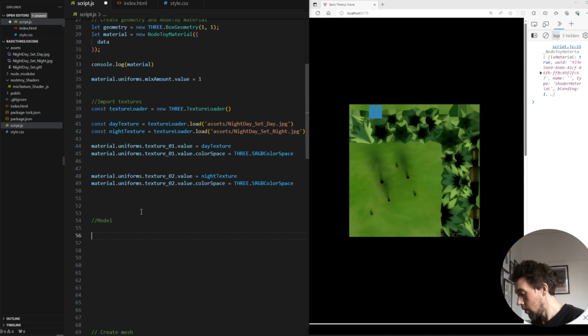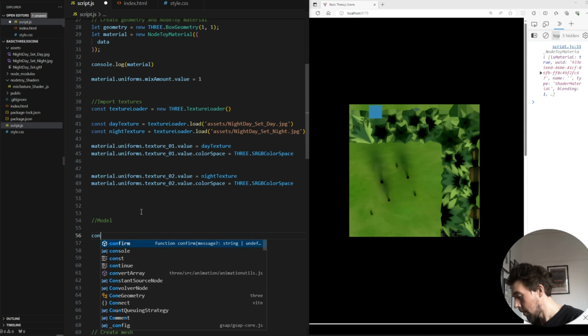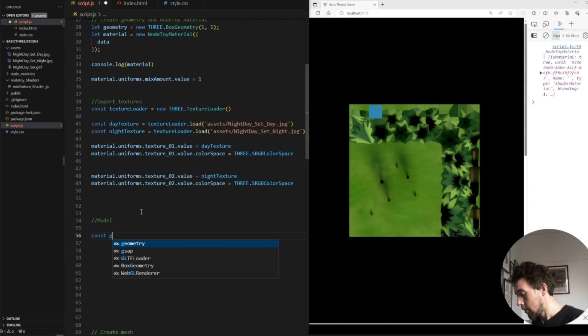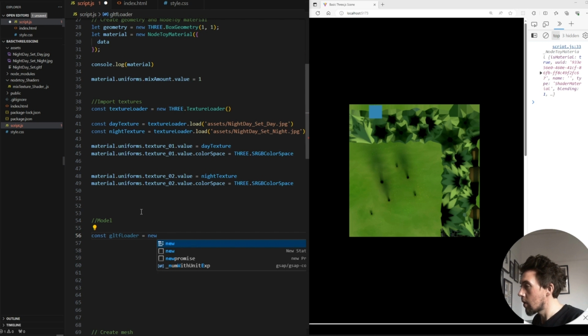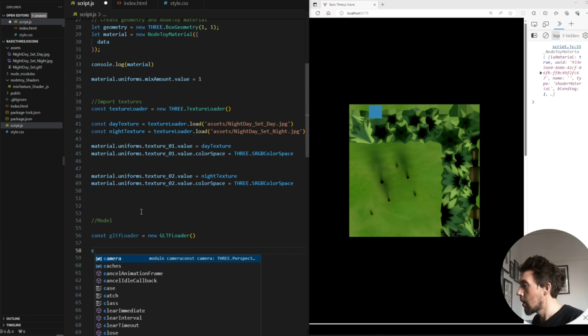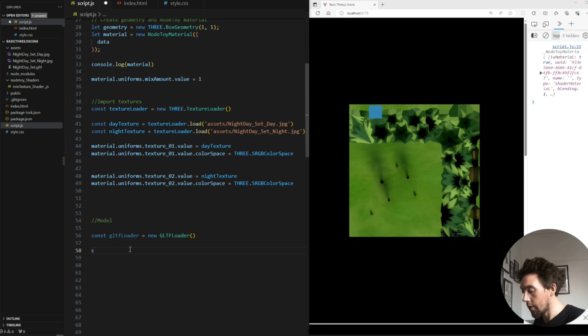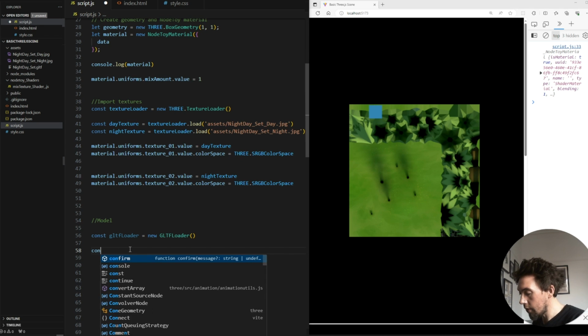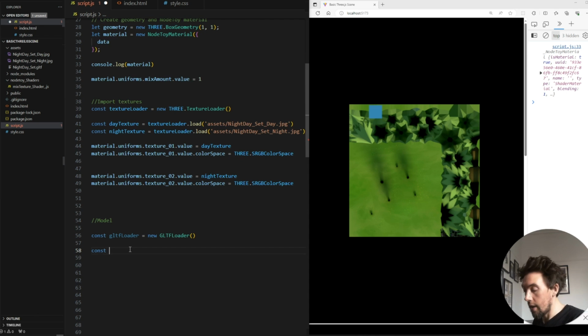And I want to set up that GLTF loader. So I'm going to make a const GLTF loader equals new GLTF loader. And I want the model file, and that's the one I've got here, by the way. This is in the assets night day set, which is my little set with the trees. Const model file